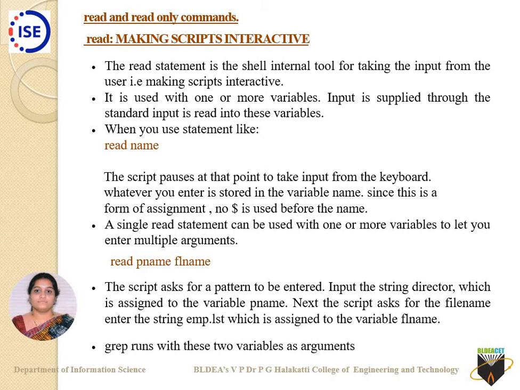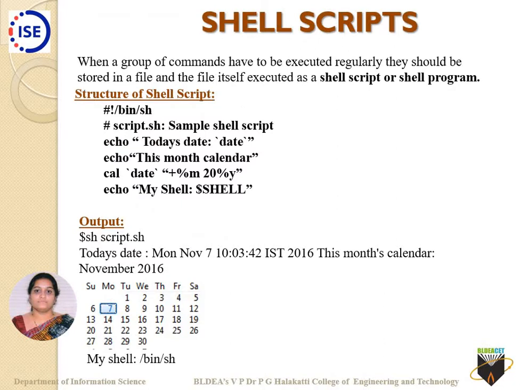With respect to our last class, we had a good query regarding what you mean by an environment variable, what you mean by a local variable, what you mean by a shell variable, the differences between them, and how I can use them in a shell script. We had come across an example shell script wherein we used a simple echo command and command substitution, and we got to know how a shell script can be written. There are a few things we have to follow with respect to a shell script.